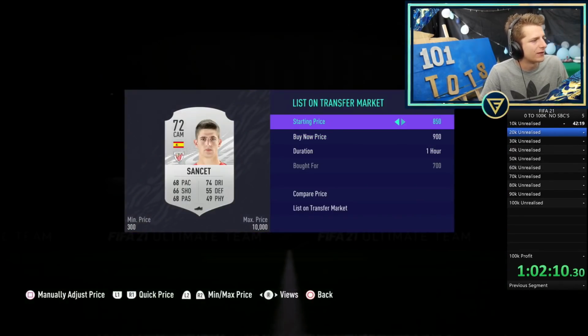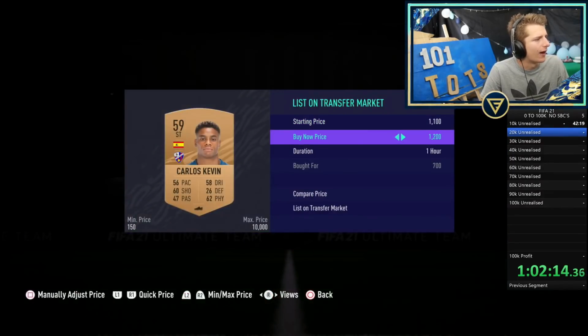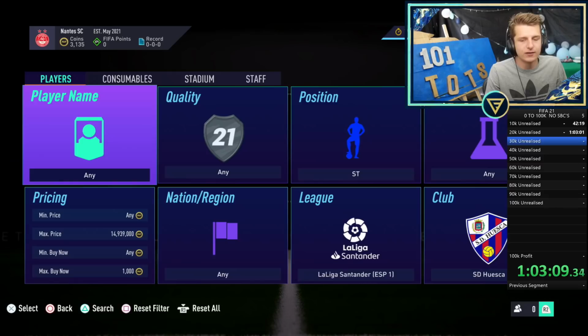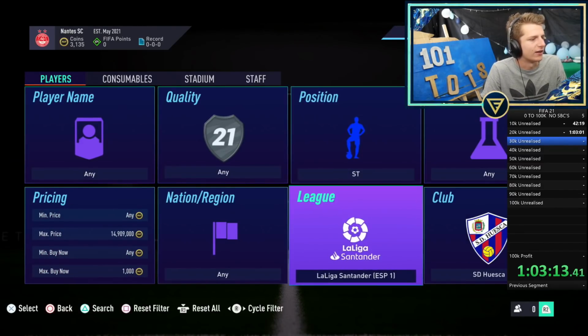A load of deals, including a Sanchez here at 700. Going to flip that 1.5. We've gone and bought 3 Carlos Cavins at 700, and these are going to get flipped up for 1.2, which means it's going to take a 400 coins profit per. I believe we're on about 19.9, 20k, so we'll ban that down as then realise, because otherwise we'll go over